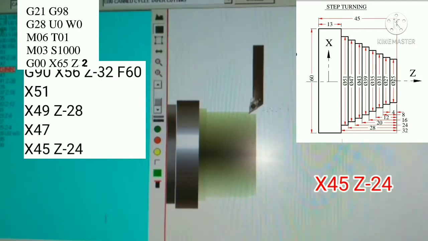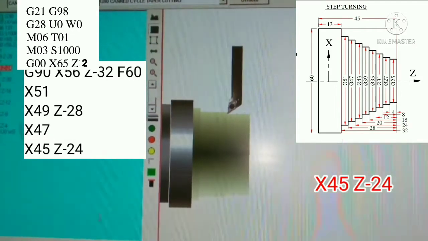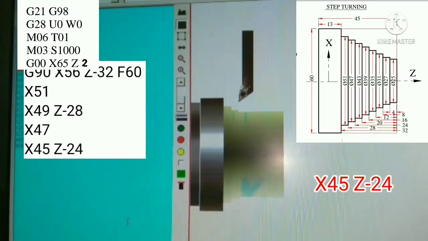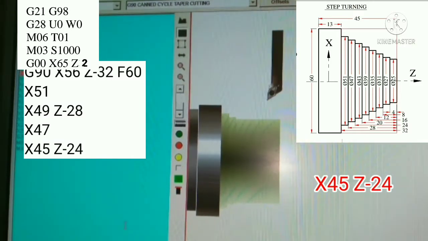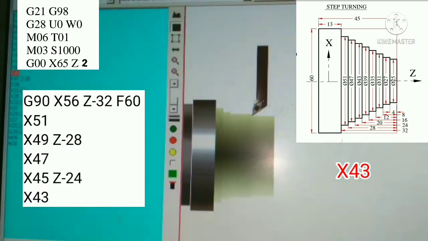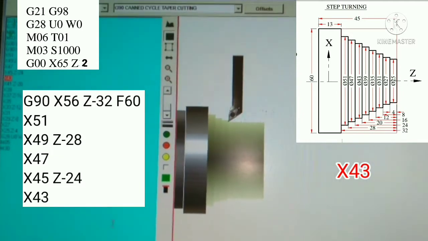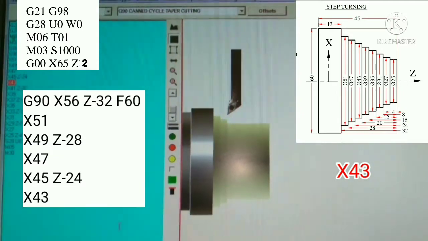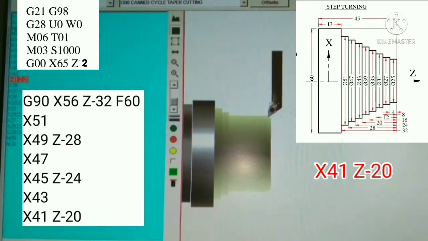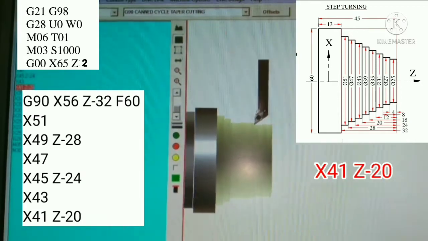Next line we will write X45 and Z-24. After that we will write only X43. Next line we will write X41 and Z-20.